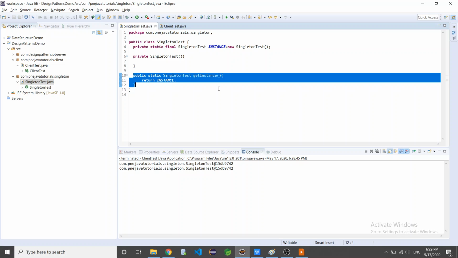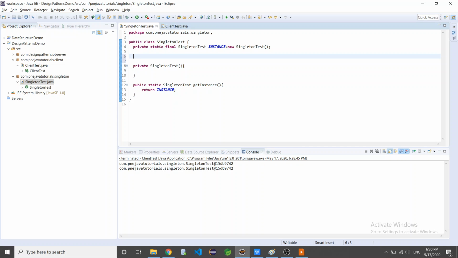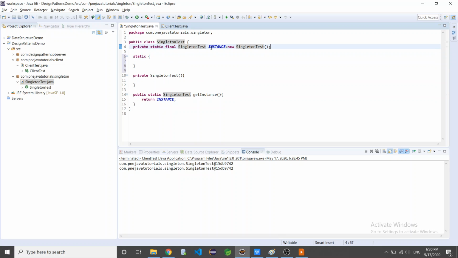And if we are going for the second one, static block initialization, then we have to declare here a static block and copy paste this much.